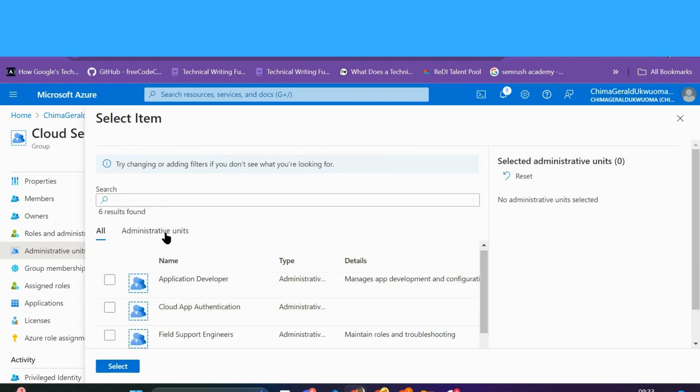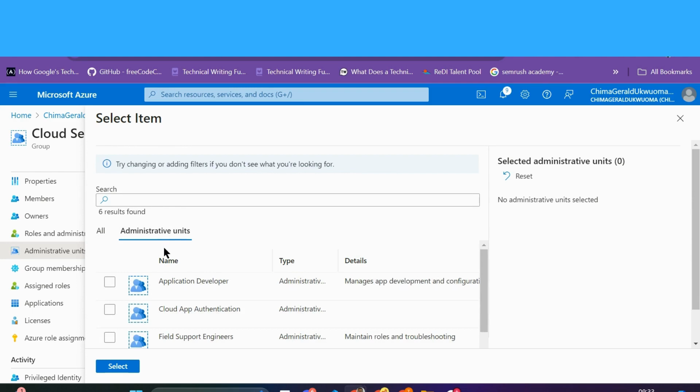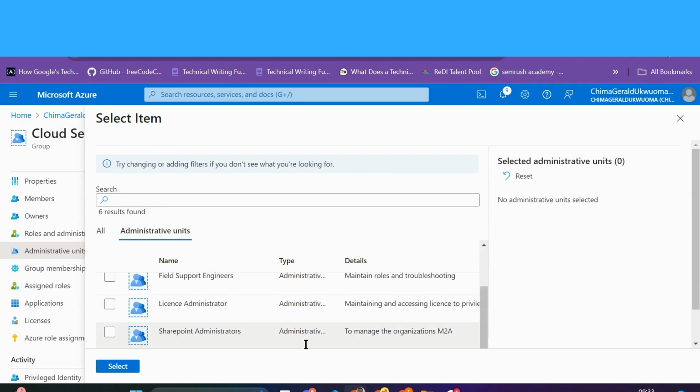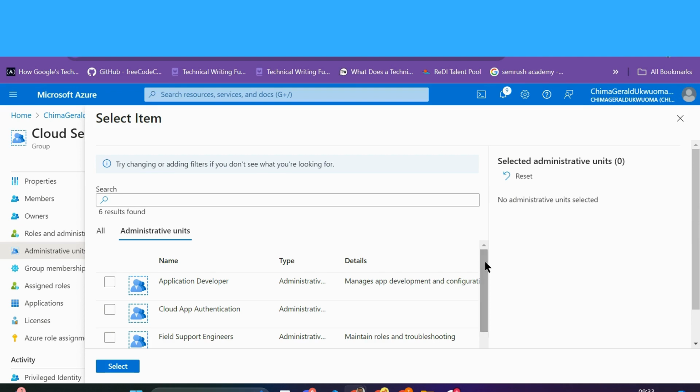We could see these are the administrative units. So here we have license administrator, SharePoint administrator, and field engineer administrator. These are the old administrative units I've created. I will create a new administrative unit for you to see how to create an administrative unit, but I'm not going to use it, so that you understand how to create administrative units before I